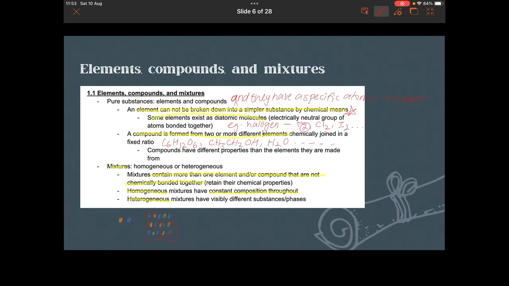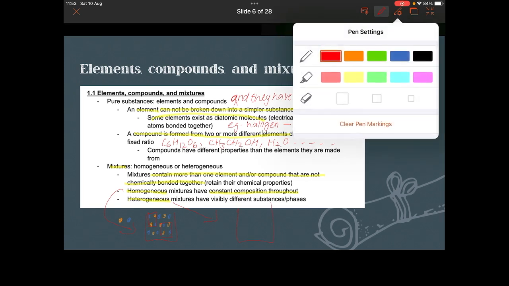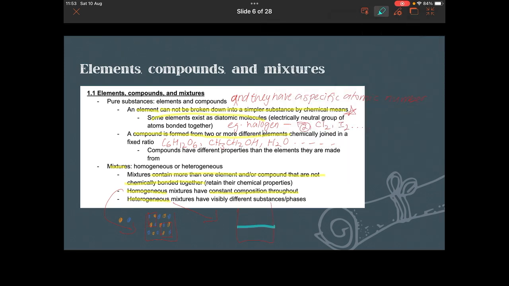They both contain 2 blues and 2 oranges, same on the other part of the mixture. So there's a constant composition, and that is homogeneous. Whereas, if we look at heterogeneous, a good example is water and oil. So if that's our water, and if we have oil here,